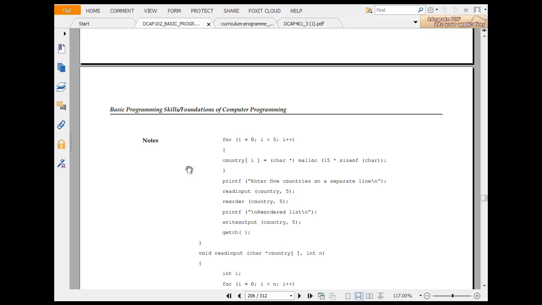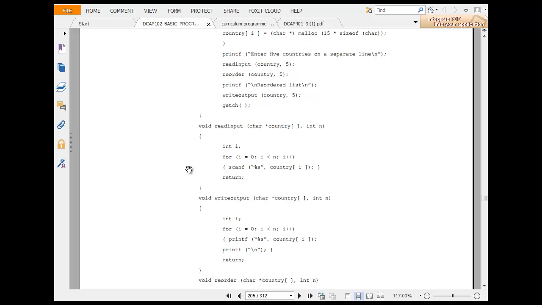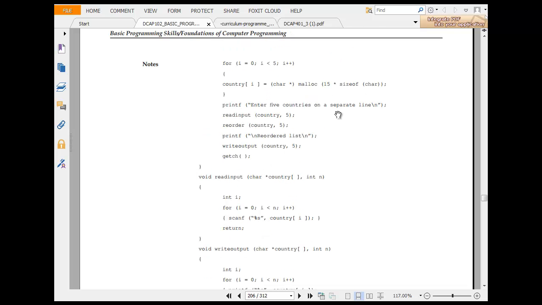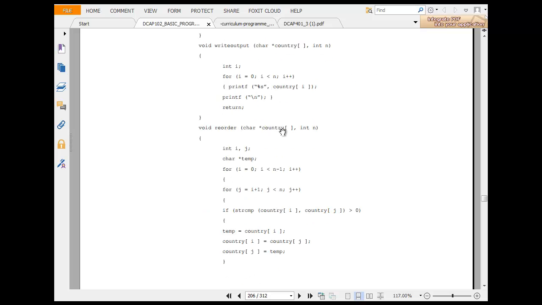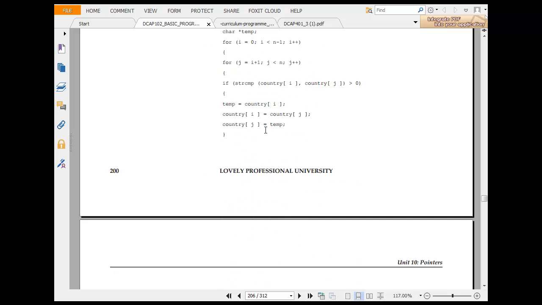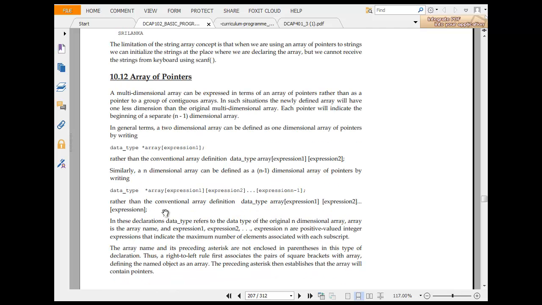Printf: enter 5 countries in the line, read country, void input country. Just remember that we have 15 times size of char. Then scanf country I plus 1. Then print: enter 5 countries in the reordered list.